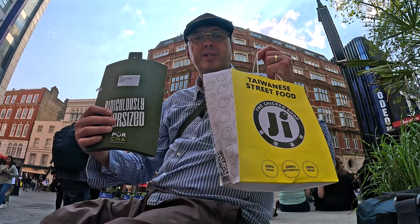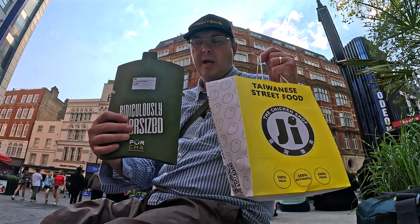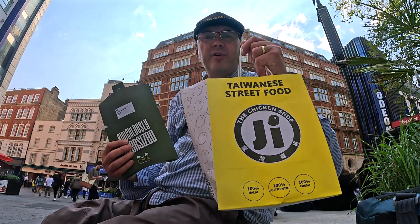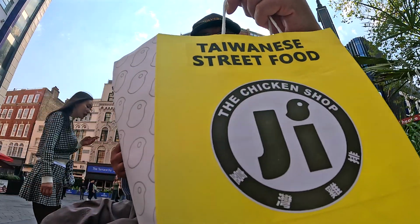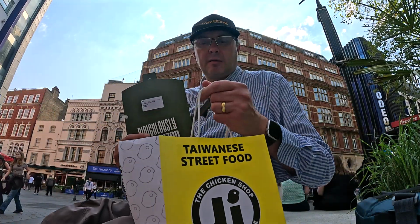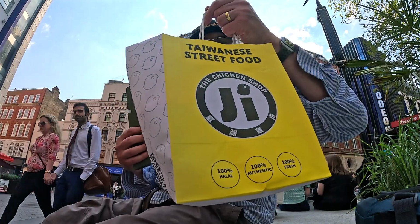These are the two beasts we are going to try eating right now. Pürcha Taiwanese fried chicken and the Good Friend Taiwanese fried chicken. From the chicken shop, it seems to be the largest Taiwanese street food restaurant chain in the UK. I also got a